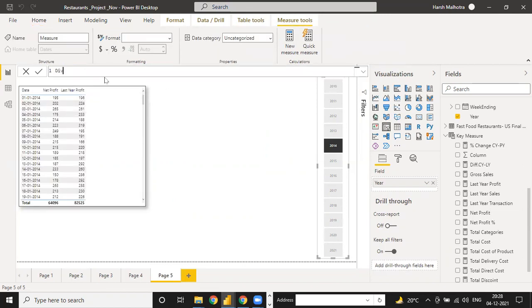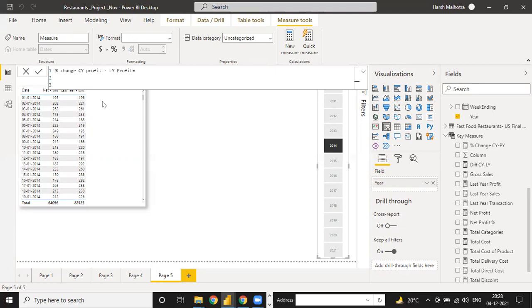And how to calculate? See, percentage change: current year profit minus last year profit. You can do it without any difference column. Okay, so go to this divide function.